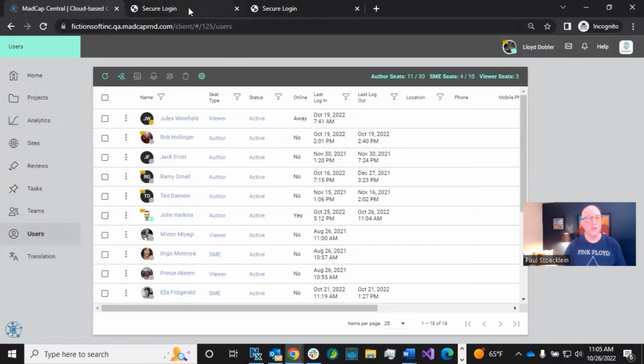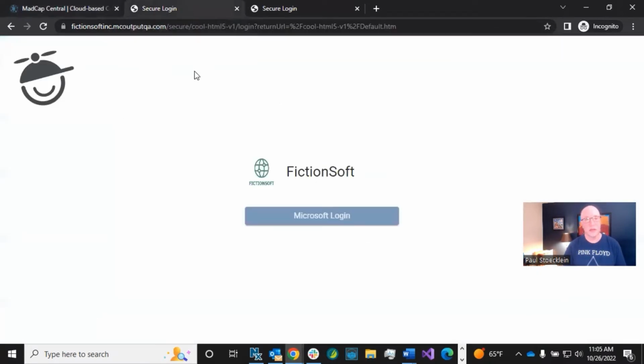Okay, so first let's go into here, and if they go to that link, that output that I gave them, they're going to get a login like this. And it looks the way it does because I have my site associated with a theme. That's why you see the blue button as opposed to another color, and that's why you see this logo up here. But here's Microsoft login. That is the custom text that I provided earlier when we set this up. Now I click this,